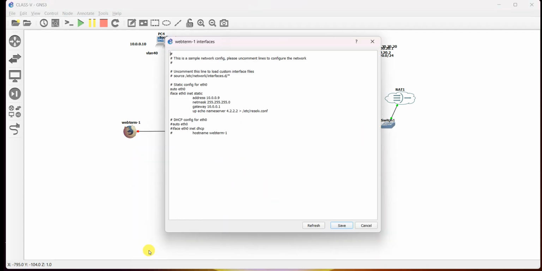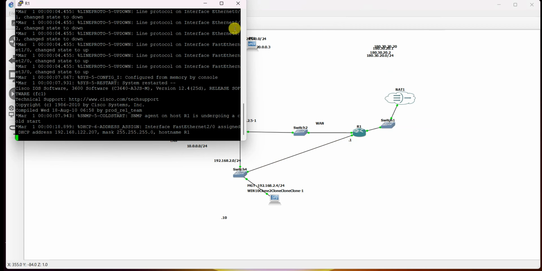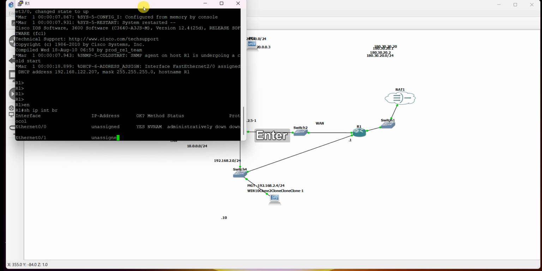We come to edit config. This is a 10.0.0.9 IP using 10.1 as a gateway. Okay, and let's check what we have configured on our router here to see if it matches that gateway. So if we say enable, show IP interface brief,